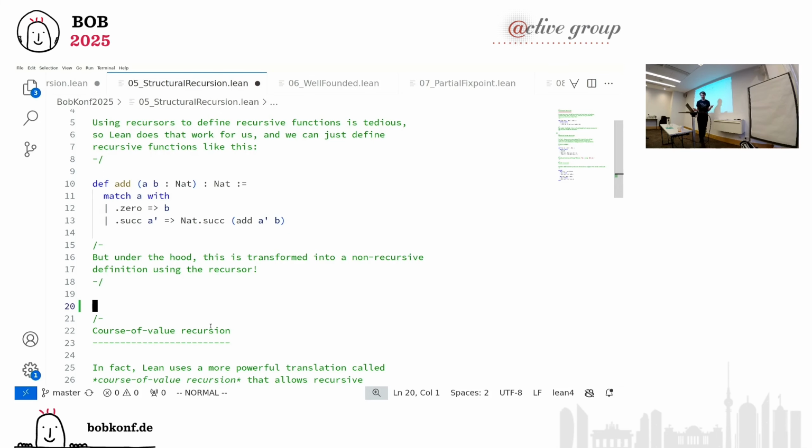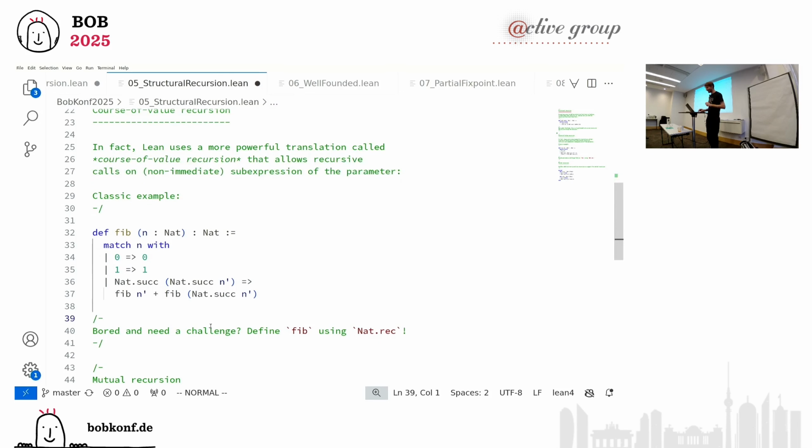And the most prominent example, at least for examples, is the Fibonacci number defined as a recursive function. And here we see we can do a bit more complicated pattern matching. So we first pattern match on 0 and on 1, and only if it's n plus 2. I could have written n plus 2, but I'm trying to be more explicit here. If it's n plus 2, then I do a recursive call. And I actually do 2 recursive calls, on the immediate subcomponent of my argument and one further in.